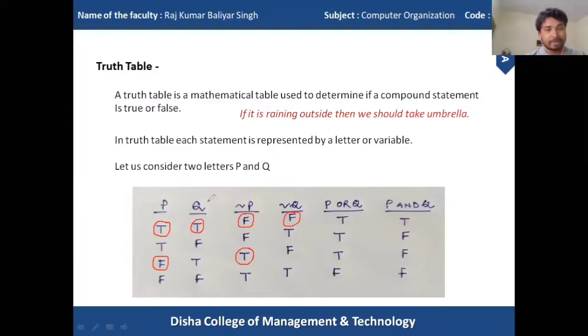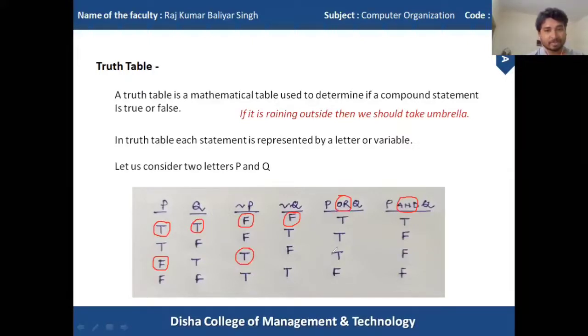When we compare these two values with OR operation and AND operation, we get different kinds of values. Like when P or Q, this table defines that if any one of the values of P and Q is true, then the result is true.